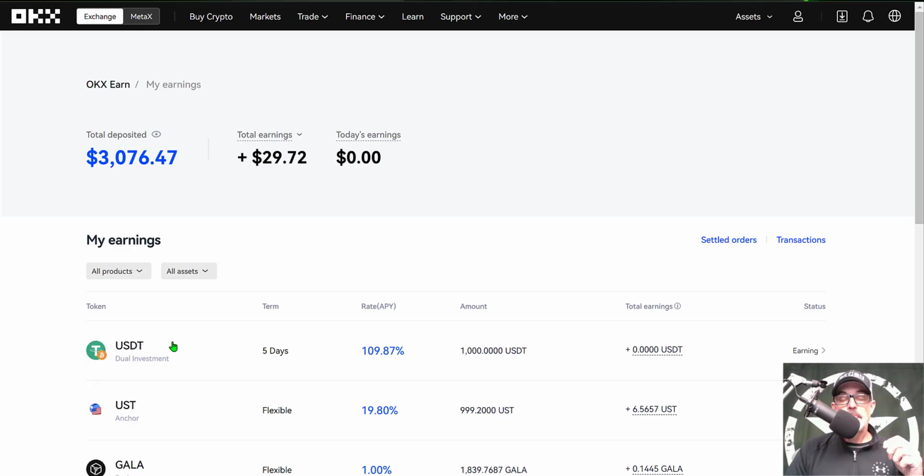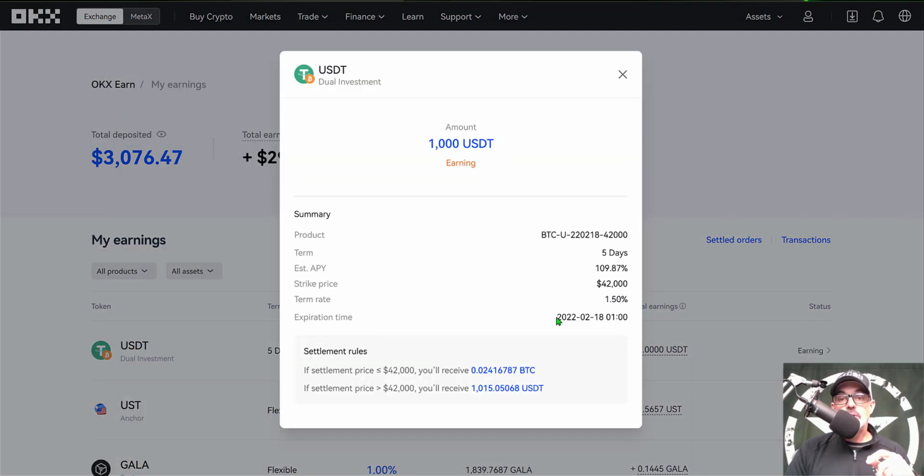Now, if we actually jump over to my earnings, you can see I actually took a shot on a 5-day contract. At the time, the rate APY was 109.87%. I invested 1,000 USDT, and this actually expires tomorrow. You can see it expires 2/18, and I stand to earn 1.5%. And since the investment currency was USDT, if Bitcoin closes below or equal to 42,000, I would receive